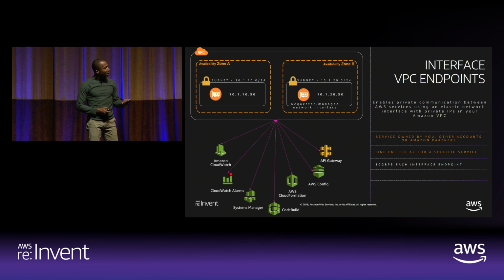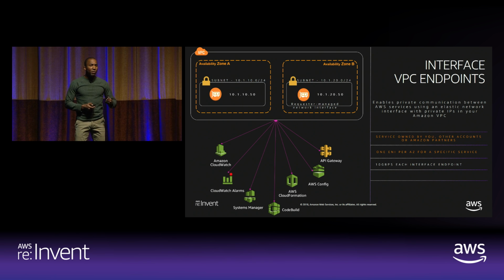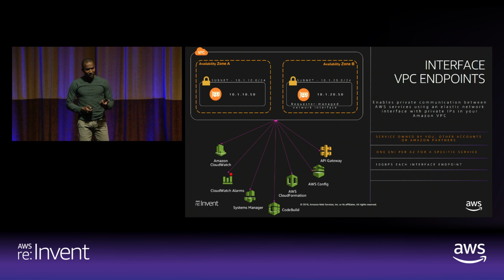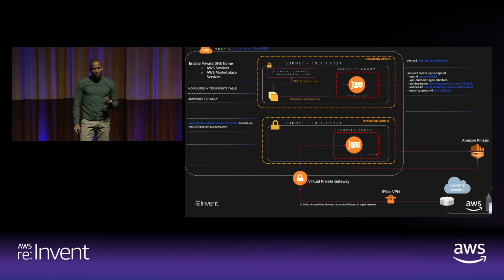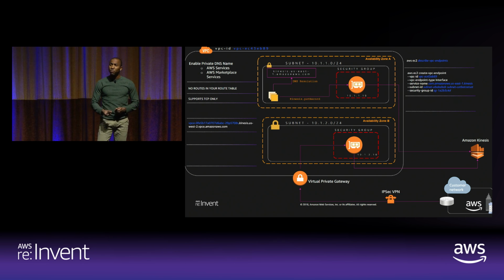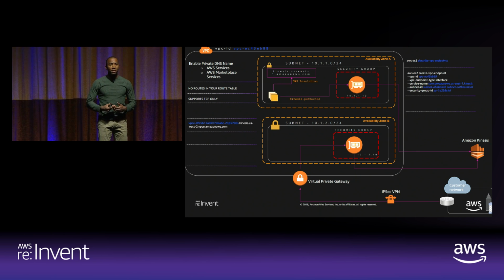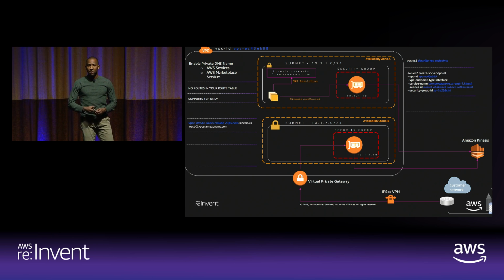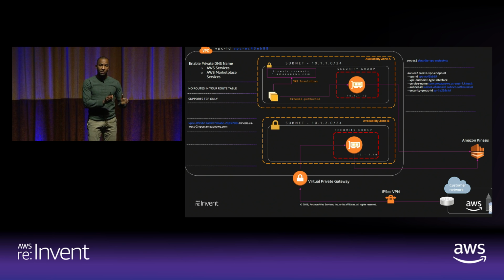Now, it's important to note that interface endpoints allow you to communicate with services that are powered by PrivateLink. And the network interface is managed by AWS. Not all services that AWS provides actually exist within all the availability zones. So it's very important that when you decide to use an interface endpoint, you do a describe-vpc-endpoints to see where these services actually reside, so that you can create network interfaces in the AZs where they're available.